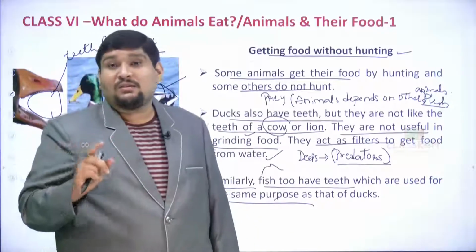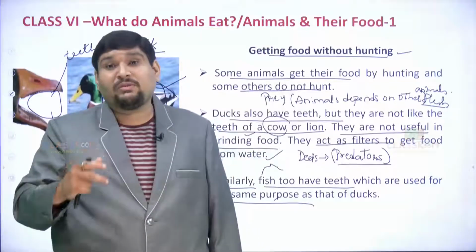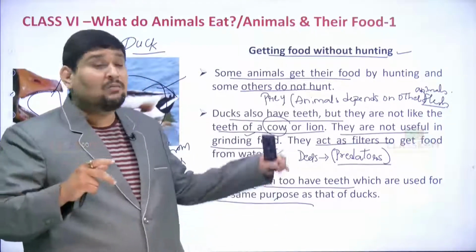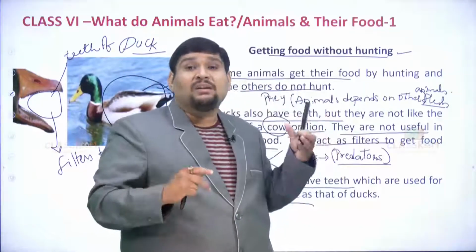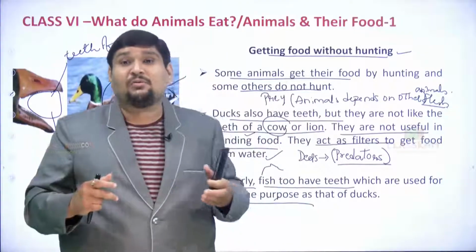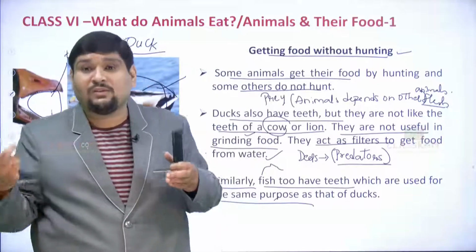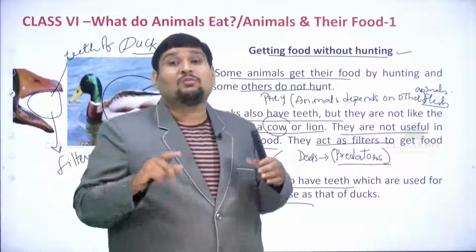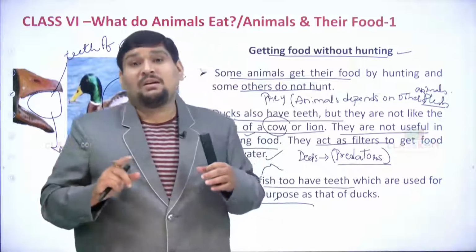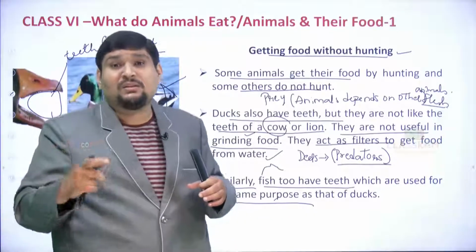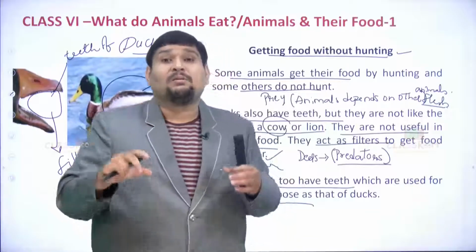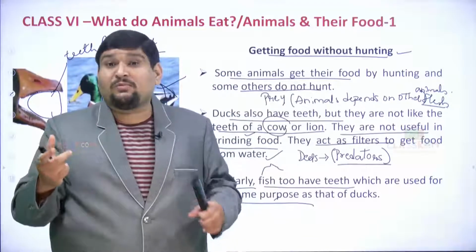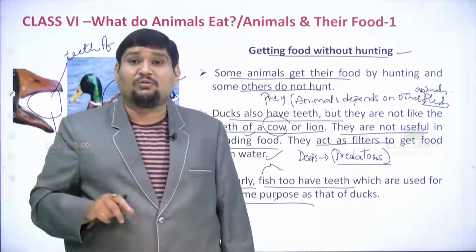So, I hope children you have understood today's class. We have done the first part of the chapter, and we have learned how animals get their food first, and after getting the food, how they start eating it in different modes and forms. That is most importantly what we have discussed. In our next class we are going to learn the next part of the chapter, about food chain and some summary. We are going to summarize the chapter, and we are going to have some textual questions which have been given at the back of your textbook also.